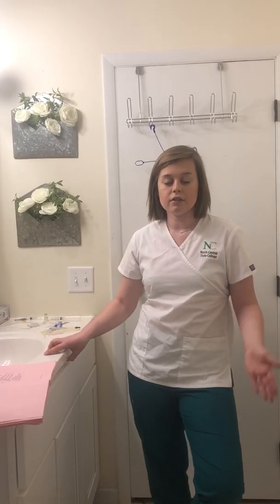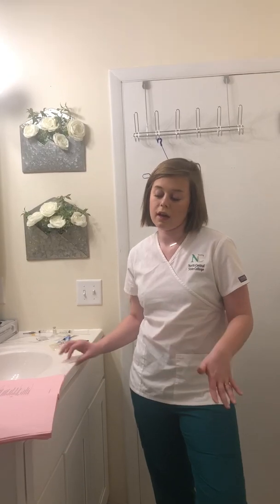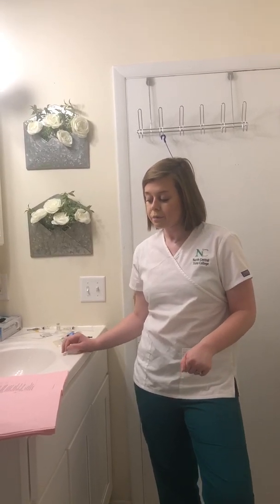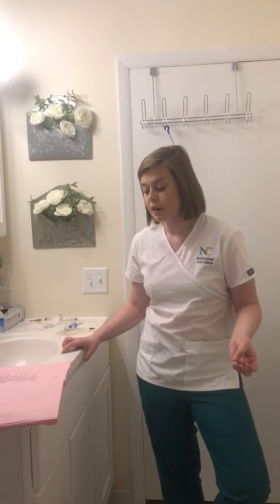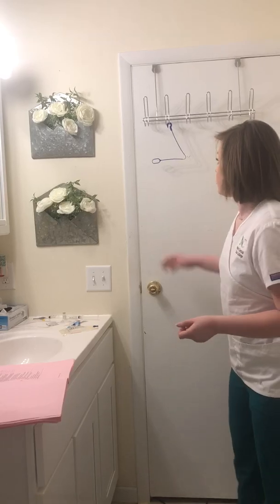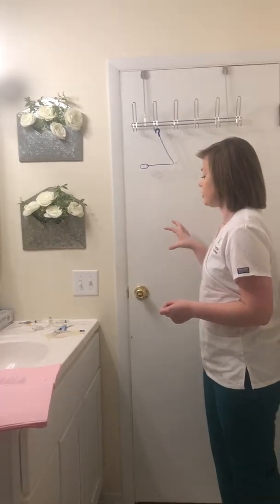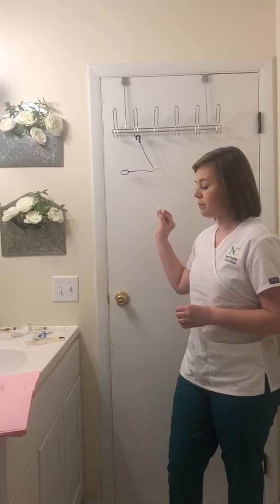I would want to assess the IV insertion site, make sure there's no phlebitis, infiltration, inflammation, any redness, swelling, or that it's not hot. I would then also want to ask if they have any allergies to any medications that they know of. So I would have my primary bag, my primary solution, and I would want to choose the port that's furthest away from the patient. And I would go ahead and scrub that site or that port,